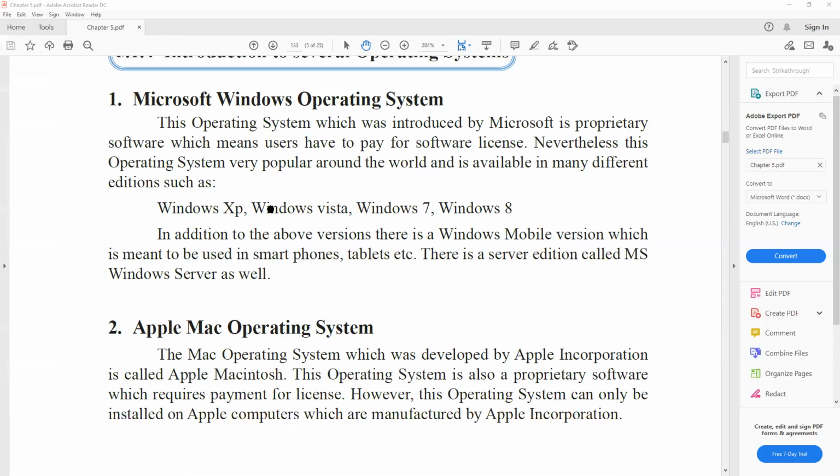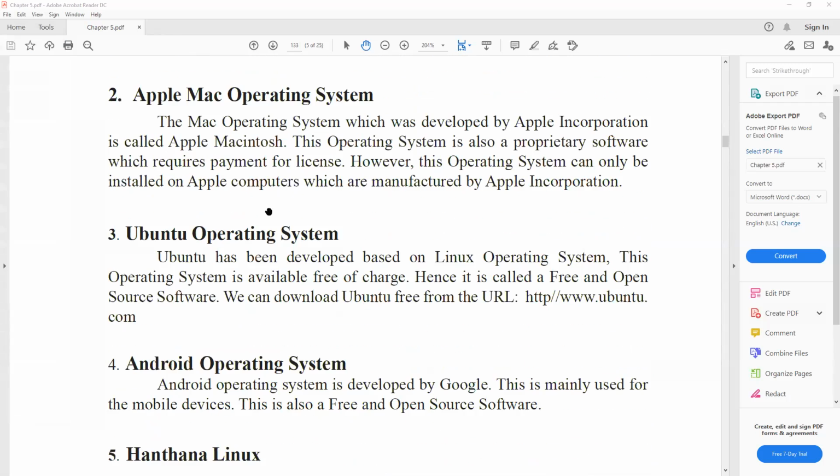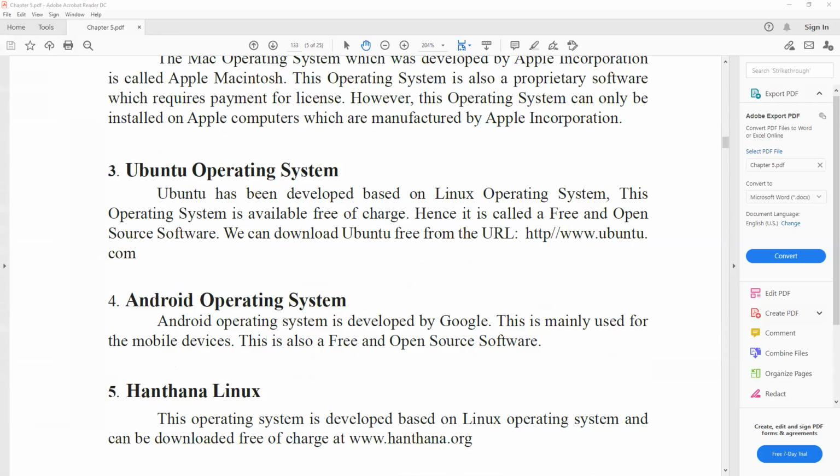Right. That is the Mac operating system. And then we have Linux. We say Ubuntu, but Ubuntu means Linux operating systems. So if you go to Linux operating system, if you go to Linux, you will see there are a lot of